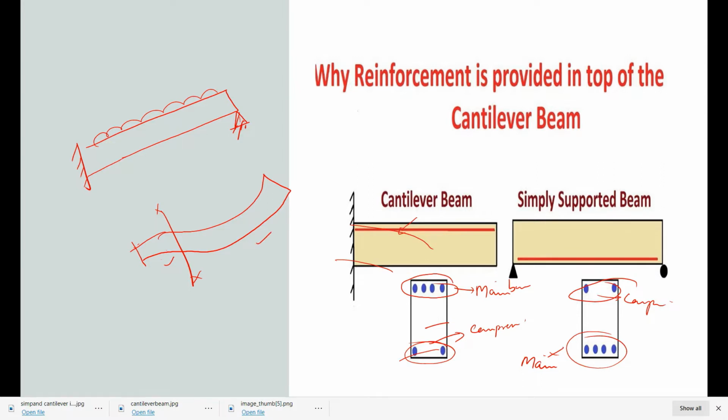For the hogging case, we know that at this end the top reinforcement bar would be provided, and here the bottom reinforcement bar would be provided.